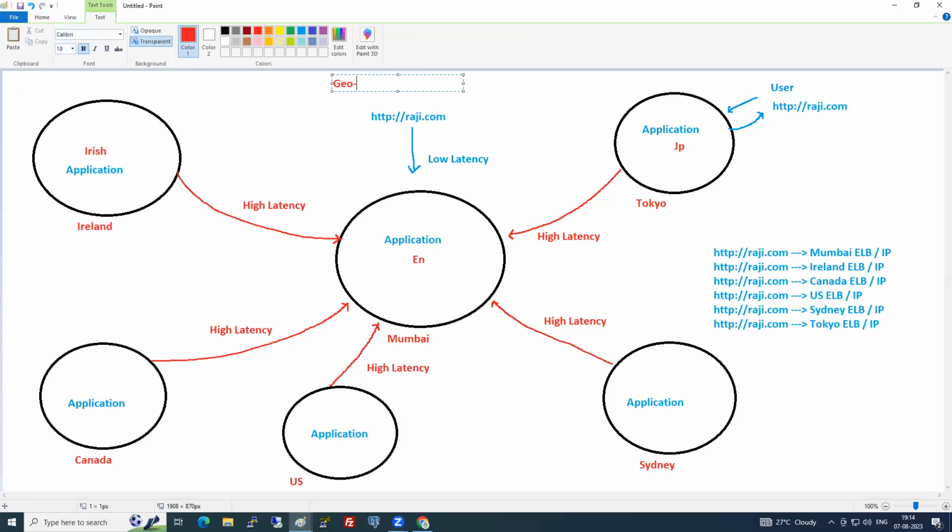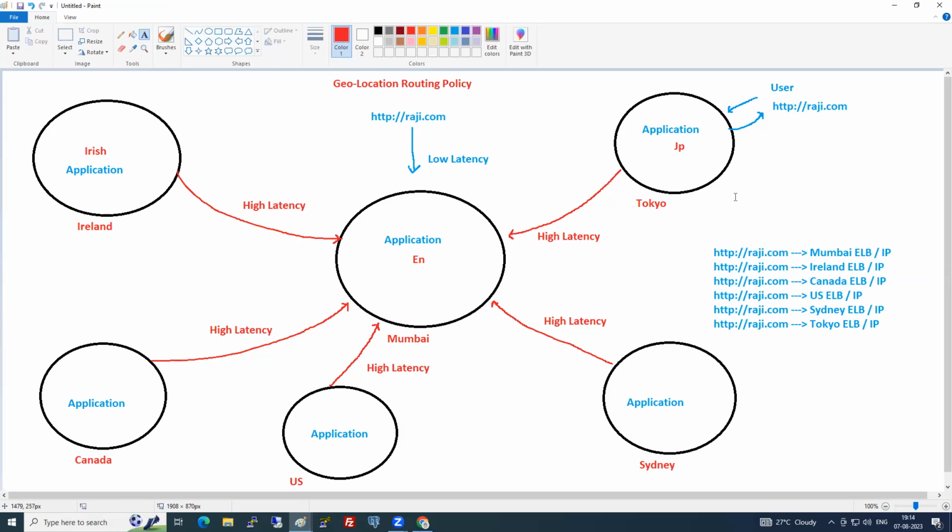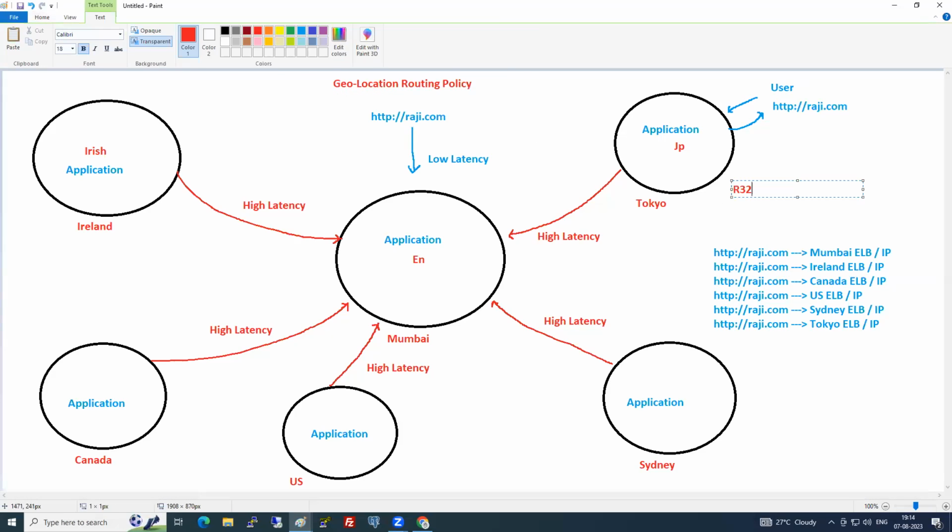What is that? Geolocation routing policy. That means based on the user's location, Route 53 will identify the user's or request's location automatically and redirect to the correct record.